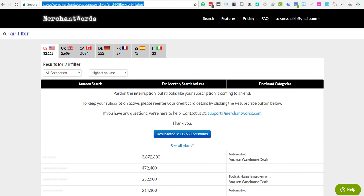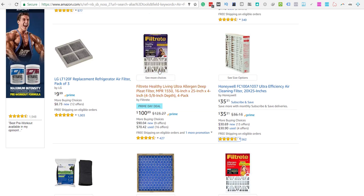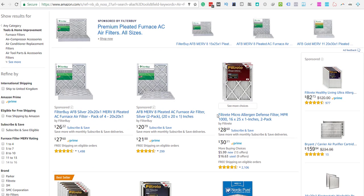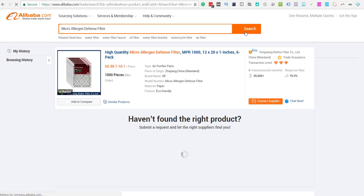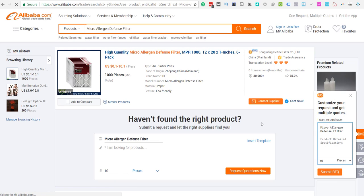And the final step of the process is you go to Alibaba.com and you would take the keyword, which may be air filter, or in this instance I decided just to take this defense filter keyword, which was microgen defense filter. And I could see, yes, it's available for purchase, and you could make a record, as you said, that yes,